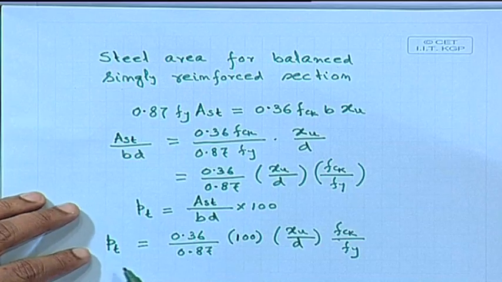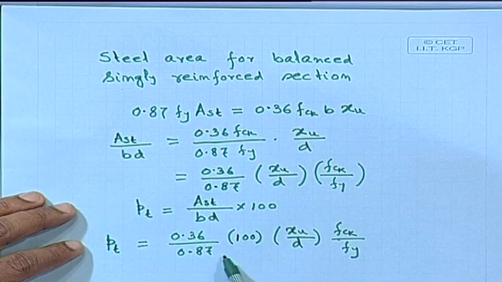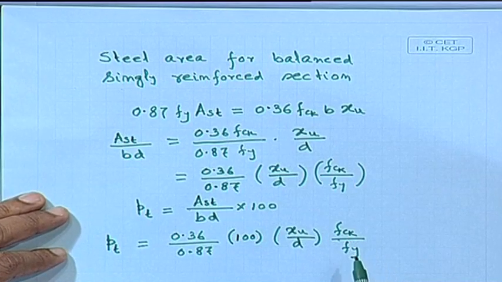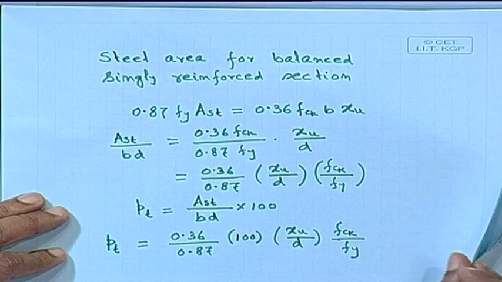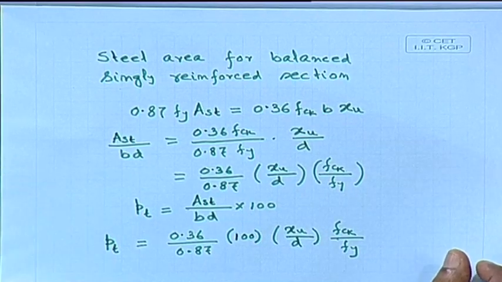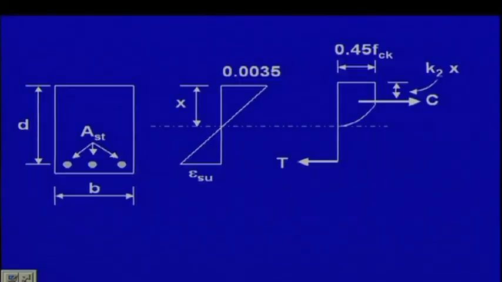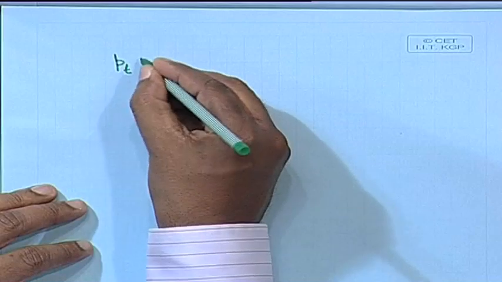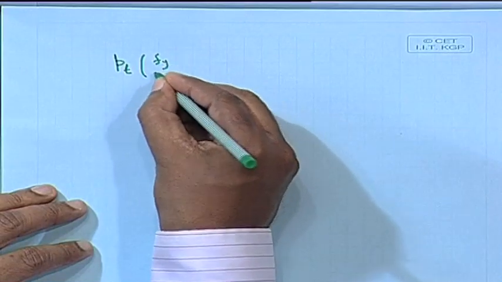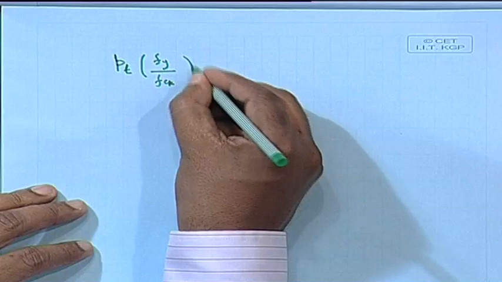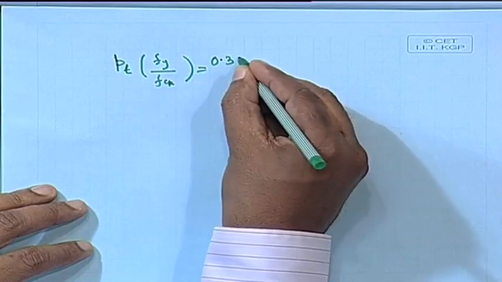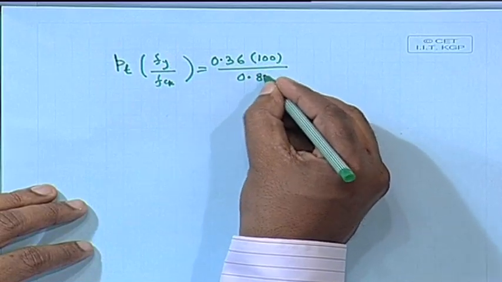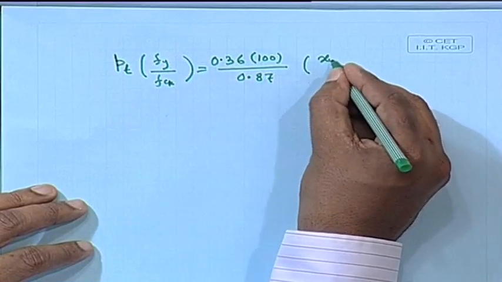Pt equal to 0.36 by 0.87 multiplied by 100 times xu by d fck by fy. We can write down that percent of steel for balanced section. Therefore, we can further write down in this fashion: pt fy by fck equal to 0.36 multiplied by 100 divided by 0.87 times xu by d,